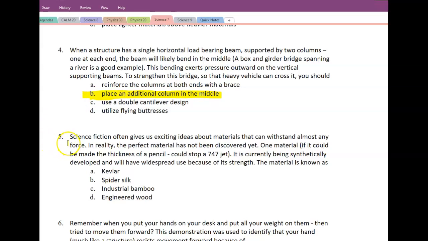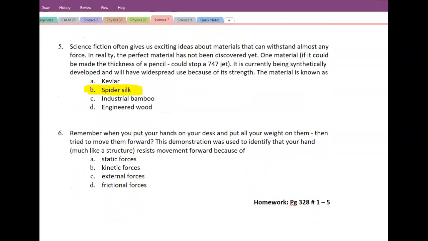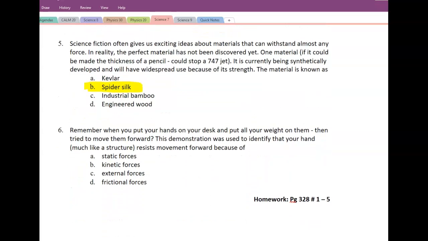Science fiction often gives us exciting ideas about materials that could stand almost any force. But one material that, if we could make it into the thickness of a pencil, would be so strong it could stop a jet plane, is actually spider silk. Spider silk is the strongest material known on the planet, as far as I know, anyway. And one of the things that we'll want to be taking a look at, as we identify things moving forward,